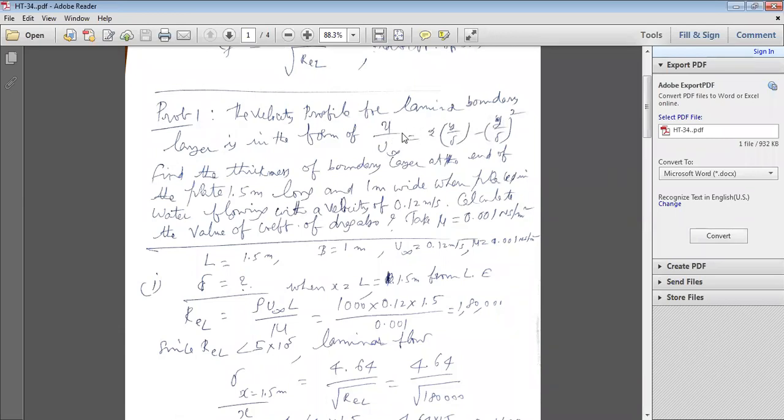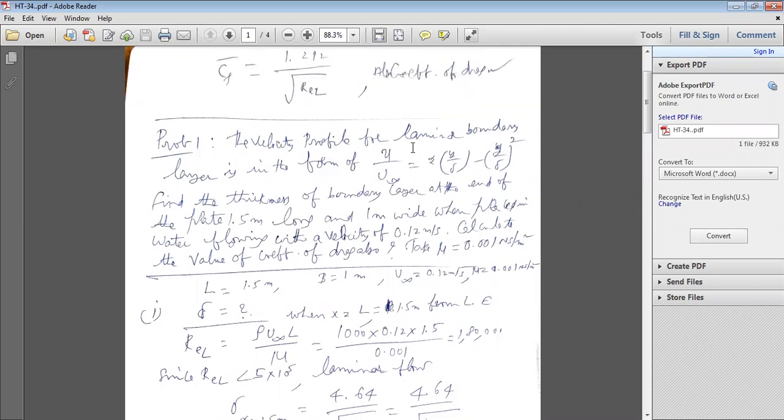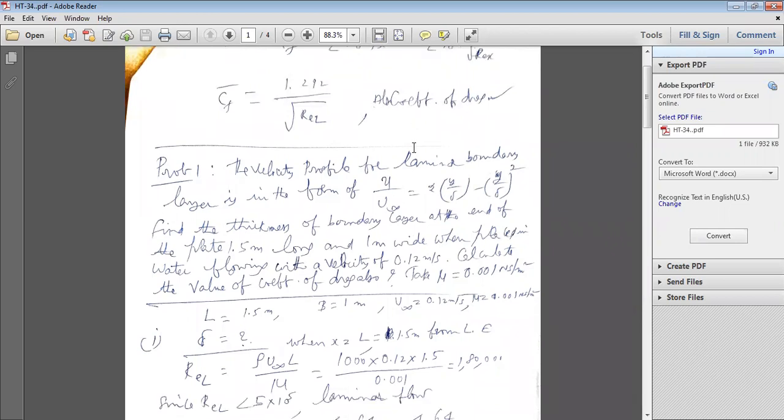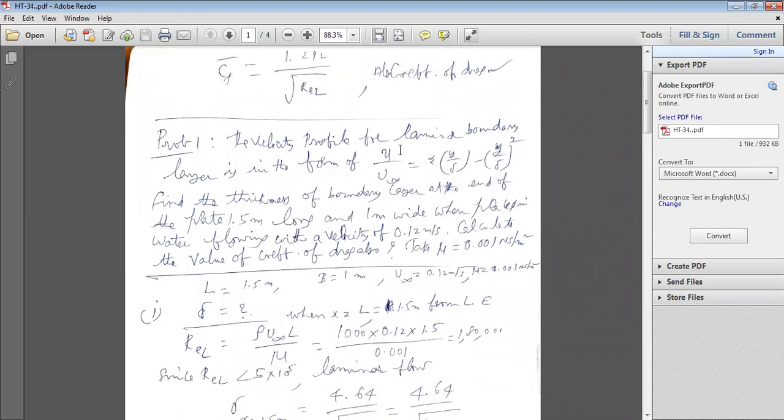Even though it is slightly different, the variation may be very small. That's why you can directly use the formula that is already derived. That formula can be used. So here, what you have to do: